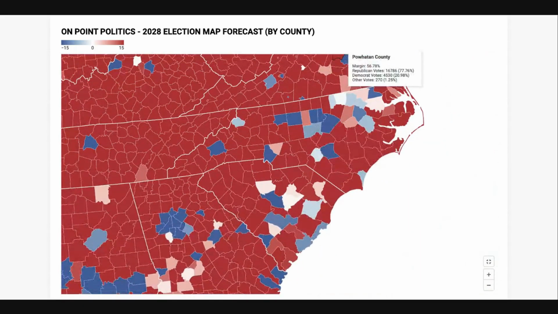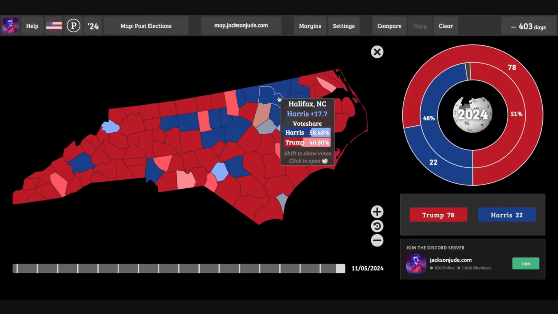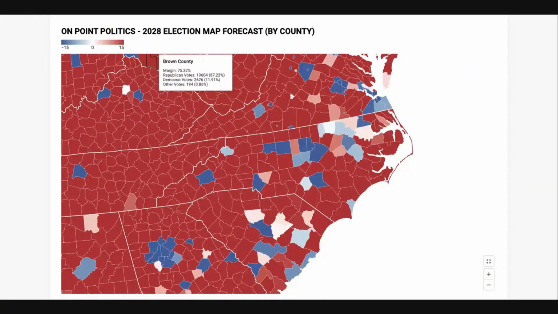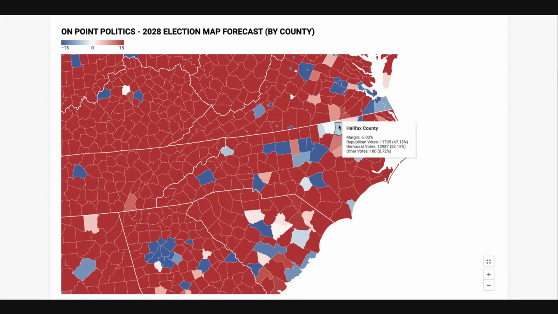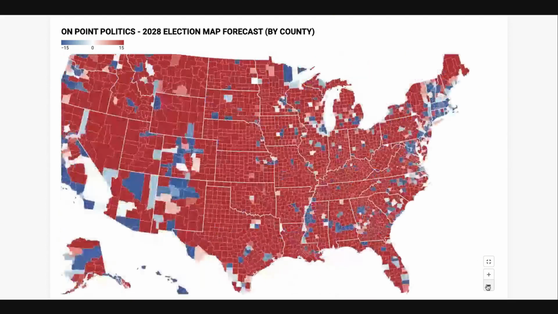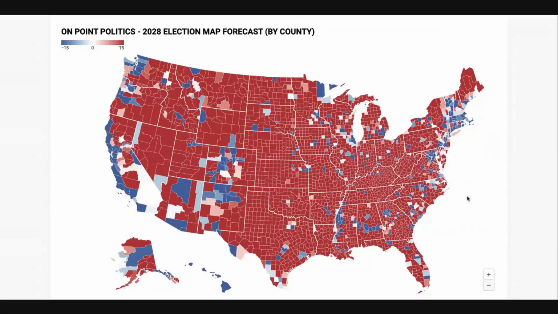I mean, even in 2024, Trump didn't exactly win this area outright. He did okay, but he didn't win some counties. But you legitimately have counties that Trump didn't even win in the last election that are straight up competitive or even going Republican. Northampton flipped to Trump here by 3.4%. It is a complete reversion of what you saw in the last election. And so that's why the state ends up moving about a point and change to the Republicans.